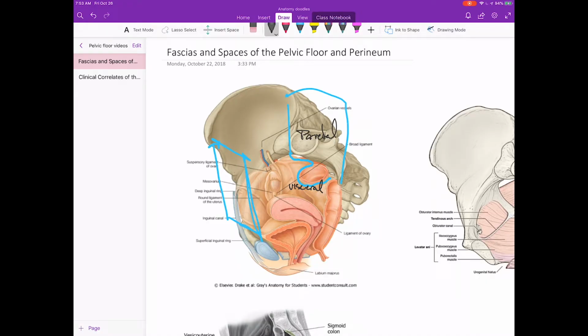The difference here, though, is that in the abdomen, our organs would be towards the back wall. So this cylinder here, say for the rectum, would continue like this as a sigmoid colon, and it would be towards the back wall this way. But in the pelvis, the organs are pointing this way, inferiorly. So the consequence of that is that the peritoneum ends up laying on top of the organs,